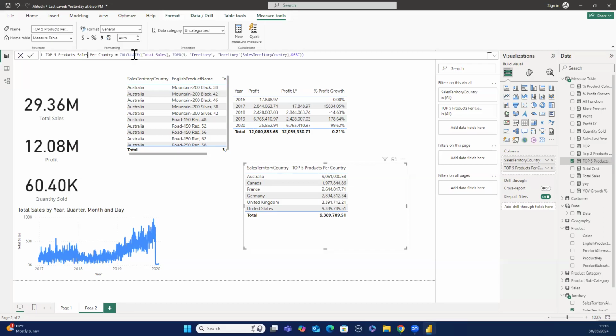When you say top 5 product sales, you are saying go to Australia, go to the world, calculate the top 5 products being sold, add it together, and it will give me this. That is what it's doing. But if you